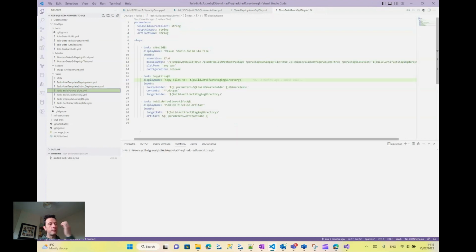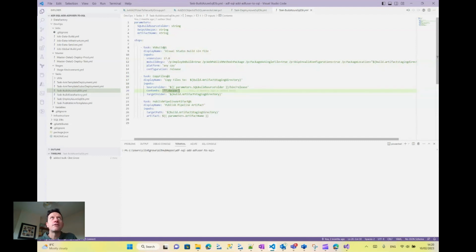Then I come here and I want to build the Visual Studio DAC pack. All right, so this is the best way to move databases from one environment to the next. So yeah, I've got a task VS build at 1, as you can see in line 8. So I'm going to build the solution. There's different ways of doing this, but this is the main one, and there's different ways you can do it over here. Now, you're basically building anything that's in this repository as a solution file. That's what you're going to do, and then you're going to copy those files